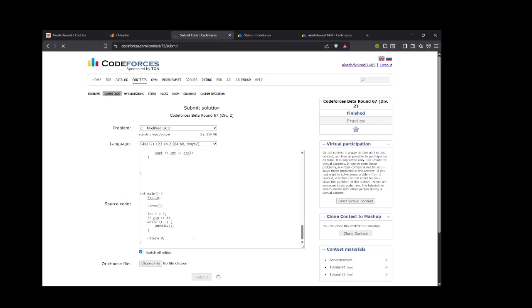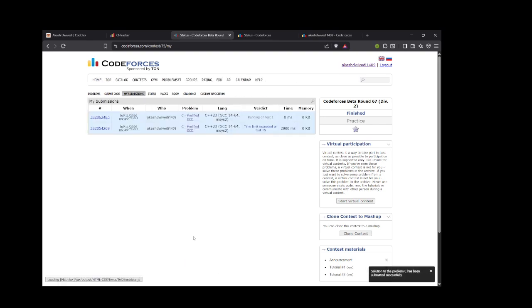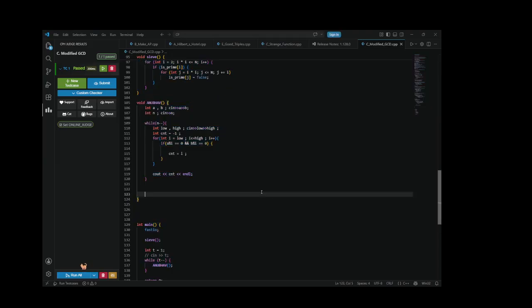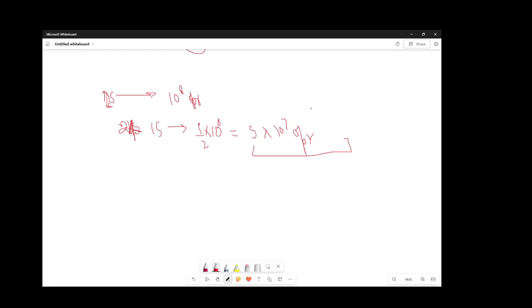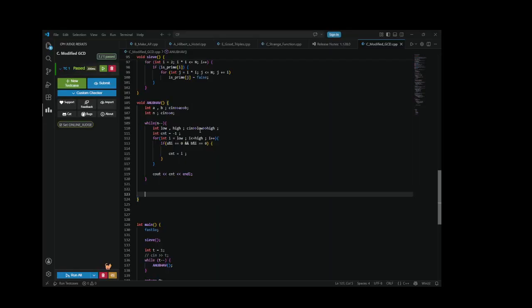So if we try to submit this, it will run, and eventually it will give the TLE on test number 5. So why has it given us the TLE? For the thing that we have calculated so far, we need to solve this problem in less than this number of operations. But in this,